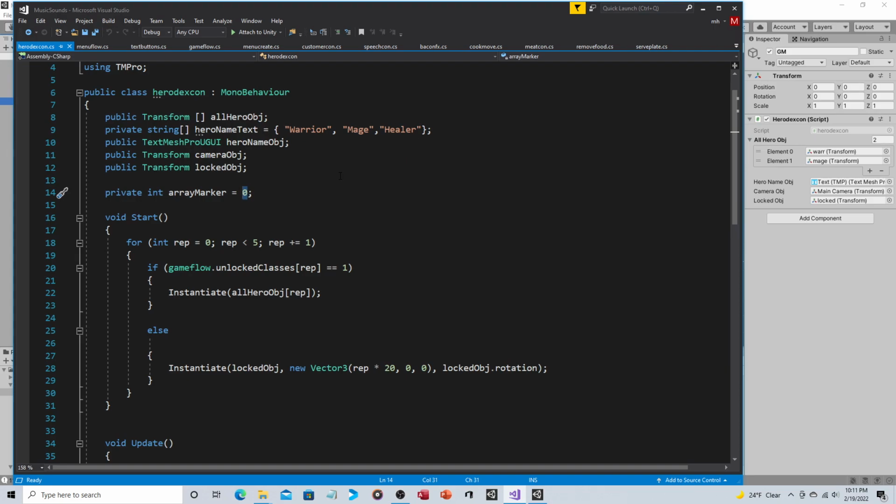Because again, just like the other videos, we're trying to coordinate multiple arrays to make sure that we have the corresponding values. So if we're having the warrior object, we want to make sure it has the warrior name. If we're looking at the mage object, we want to make sure it has the mage name. And so this is going to be used to coordinate that. And we're going to use one other marker as well. Okay, so in the start section,